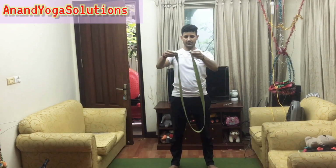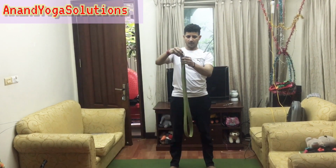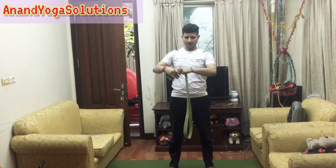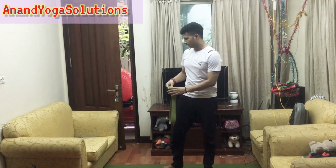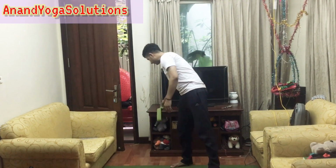So please first stand up, and then we have one strap. Here it's around 2 meters long, so we need to fold it. Fold it in equal parts. As you can see in the image, the corners touch together, and then we need to set it up. After that we will place our strap beside us, because we need to do a shoulder joint